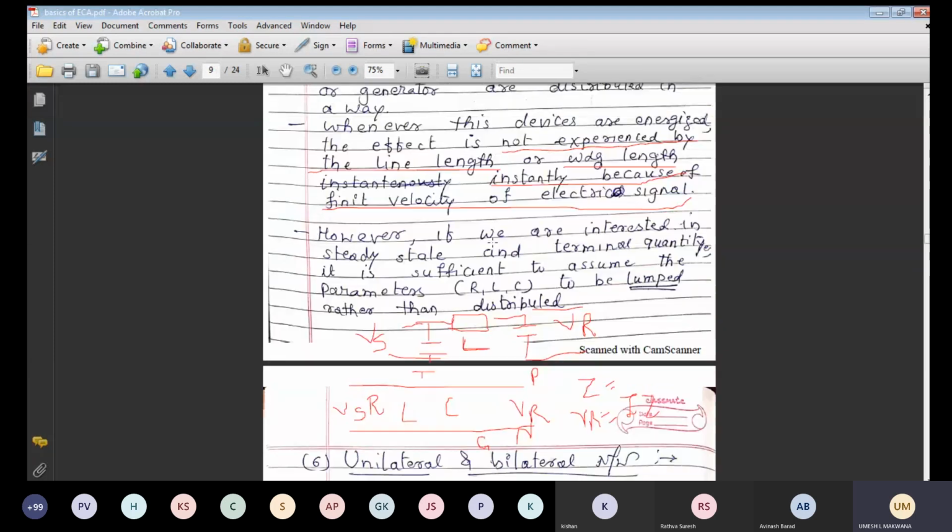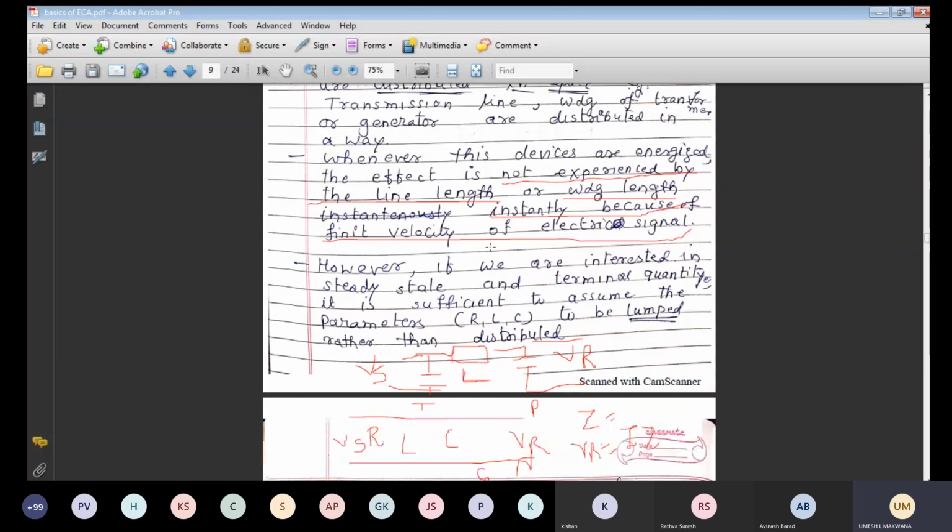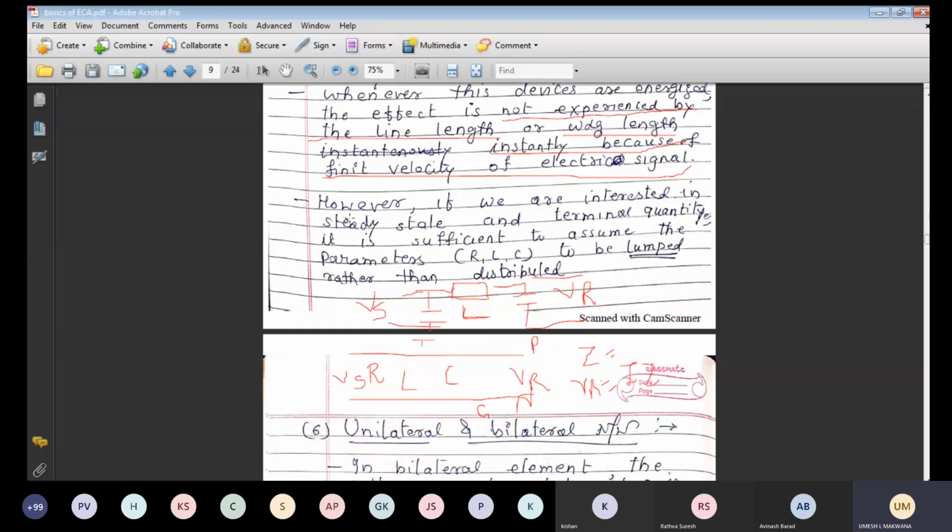Because the effect are changes, it will take some time. So because of that, if you want to,